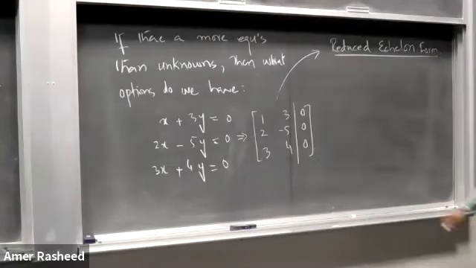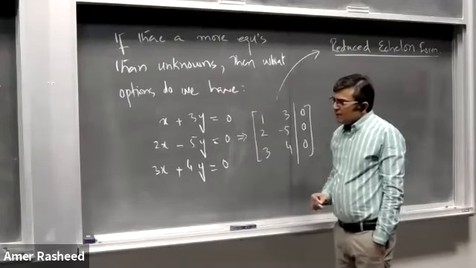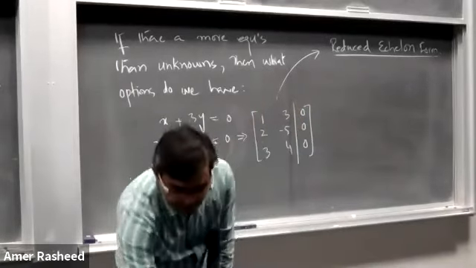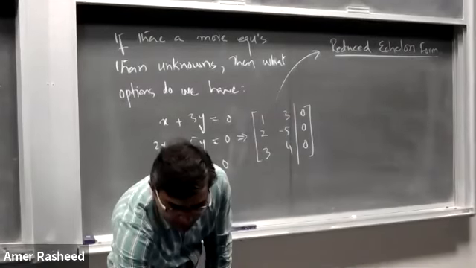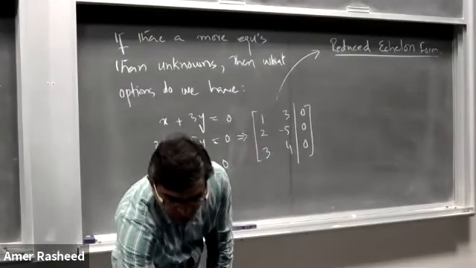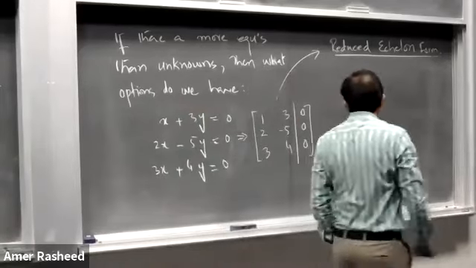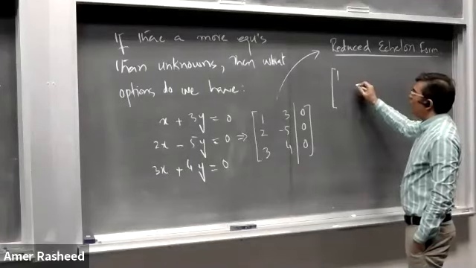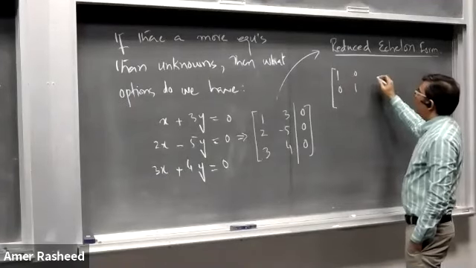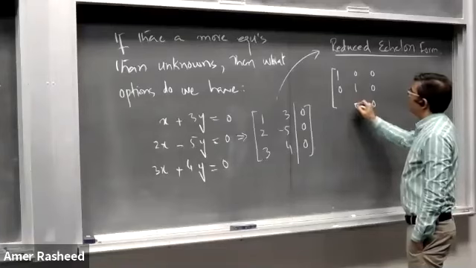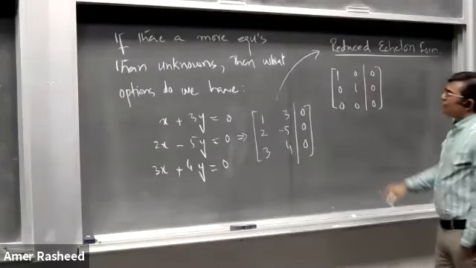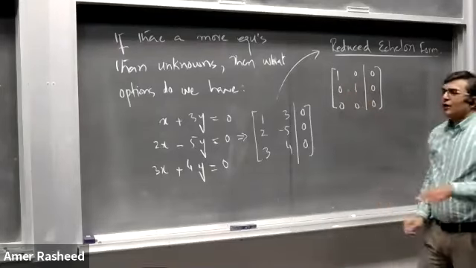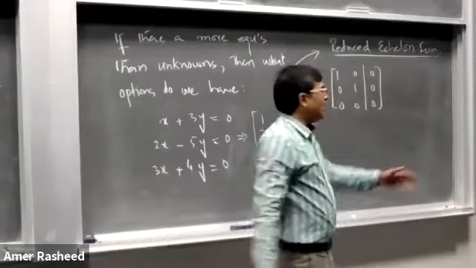Now, if you reduce this matrix into reduced echelon form and obtain, for example, 1, 1, 0, 0 and 0, 0, 0, 0, 0, then you can have only the trivial solution, because